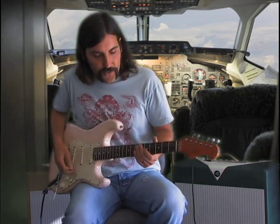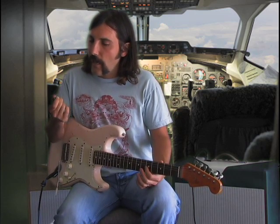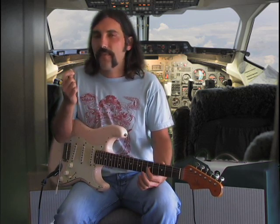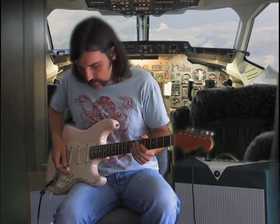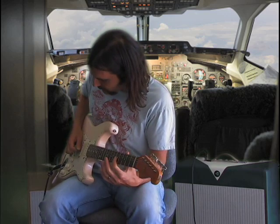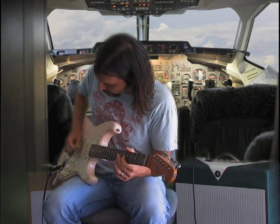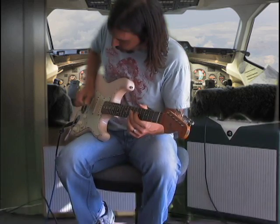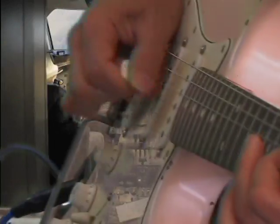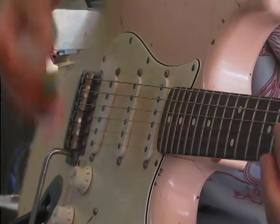To do pinch harmonics, it's just getting your pick, a little of your finger, and your thumb. So what I do is a kind of motion where, if you can see this, you're getting the pick first, and then you're following with the flesh of your thumb. So kind of a... My guitar's turned down a little bit so you don't quite get the full...